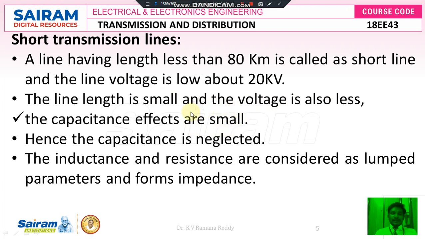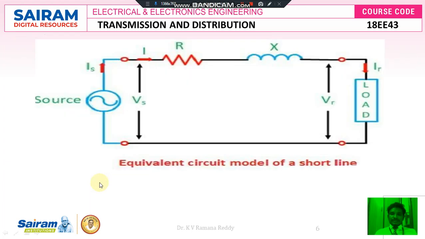That's why we classify the transmission lines into three categories, namely short transmission lines, medium transmission lines and long transmission lines. In case of short transmission lines, as the length is less than 80 kilometers, the effect of capacitance in the calculations is simply neglected, because the capacitance for a length of less than 80 kilometers is very small. Therefore the remaining line inductance and line resistance are considered as lumped parameters. Lumped parameters are those parameters which are physically separable.